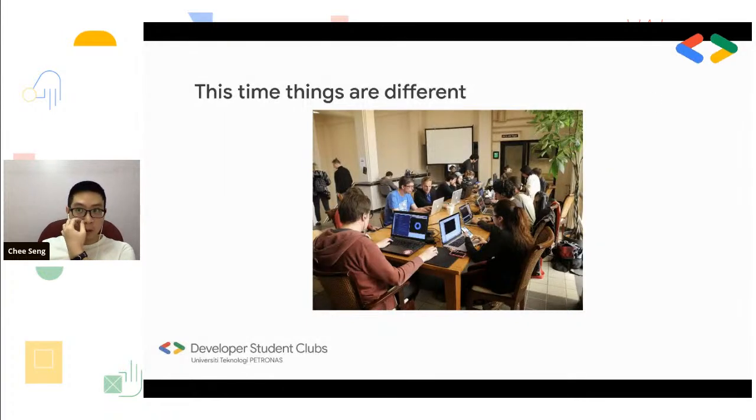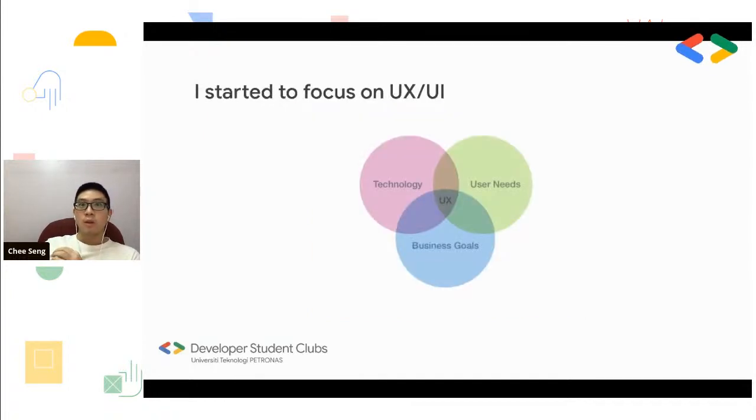Now, a few years passed until 2018. I decided to focus more on UX and UI. So this is something that is new to me at that time. So I was thinking, how can I have a profession that combines both coding and design? Of course, front-end engineer makes sense. Technically, front-end engineer makes sense, but there's another approach I take, a much more high-level approach besides front-end engineer.